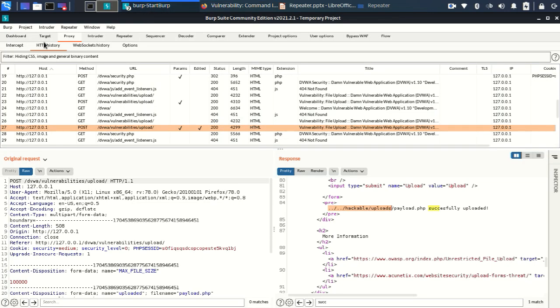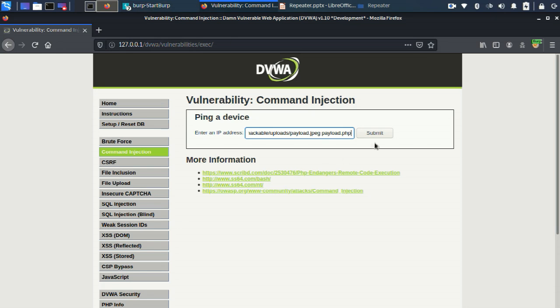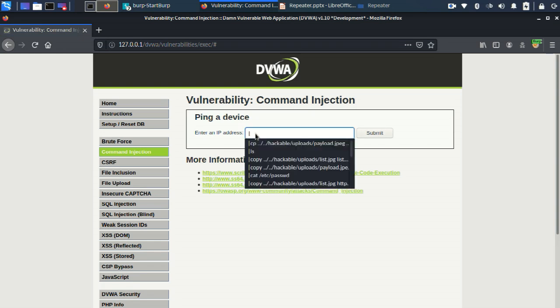How to check it? If I give the command pwd, it will show the present directory. Now let's see the files in this directory.